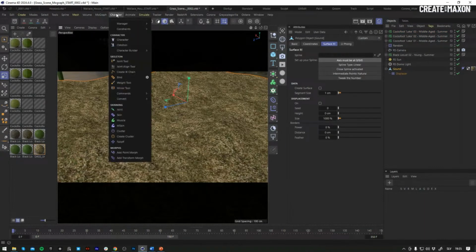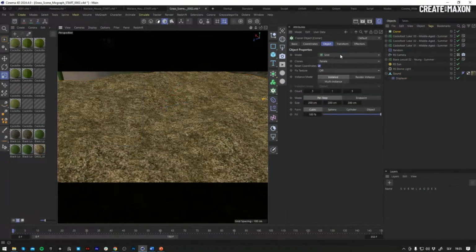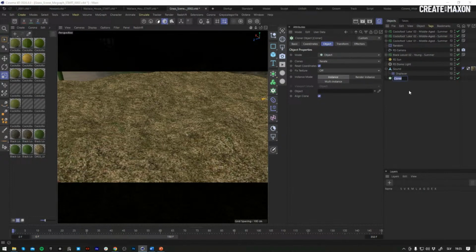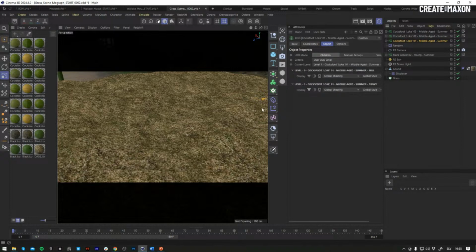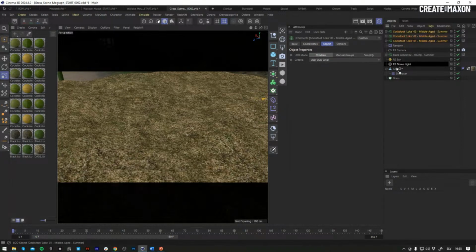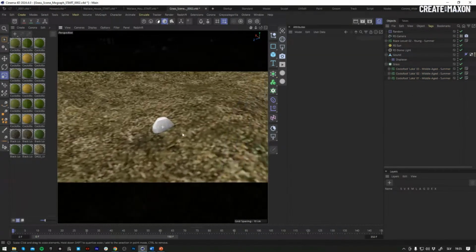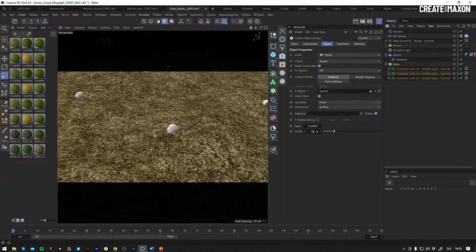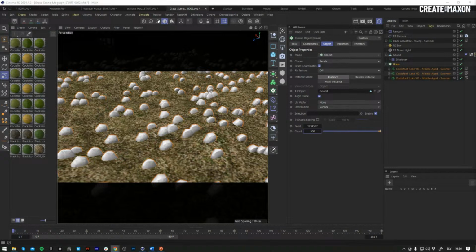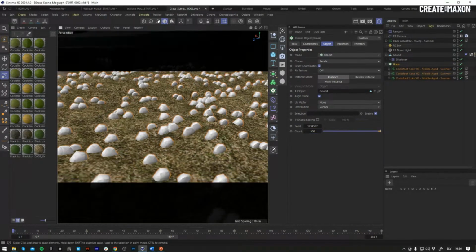I go into the MoGraph cloner, set it to object, and this is our ground here. So let's move this down here and call this grass. So I want to put this ground inside of the object. So the cloners will be scattered onto the ground, drop the grass inside. Obviously, that's way too low a number. Let's use like 500 for now. Let's zoom in and